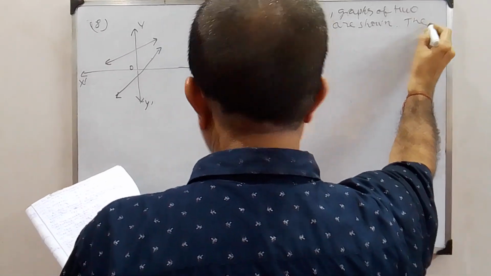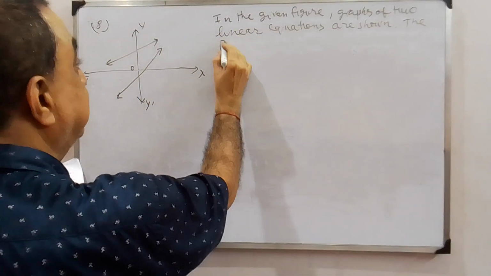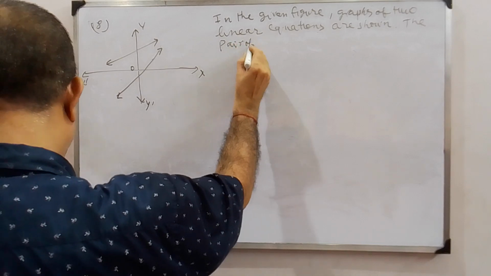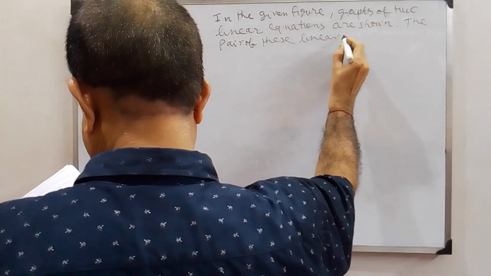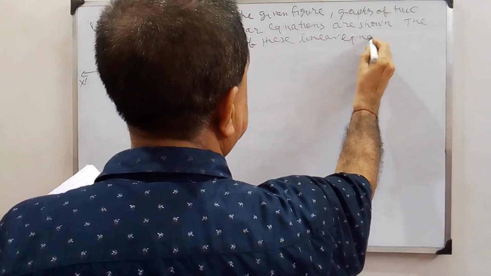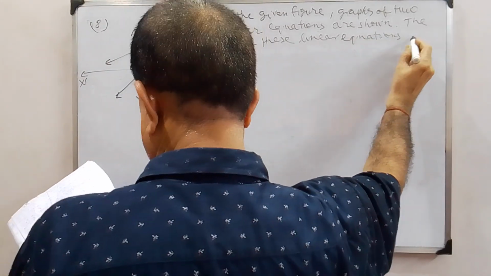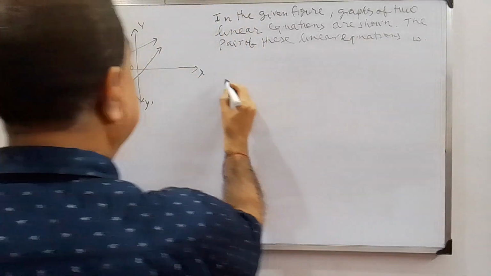The pair of these linear equations is: option A